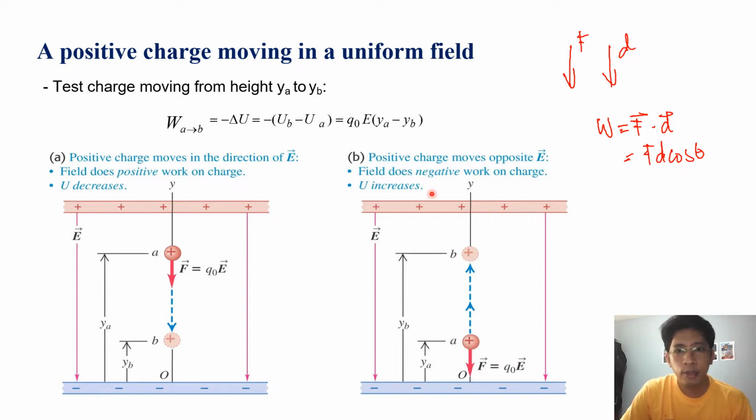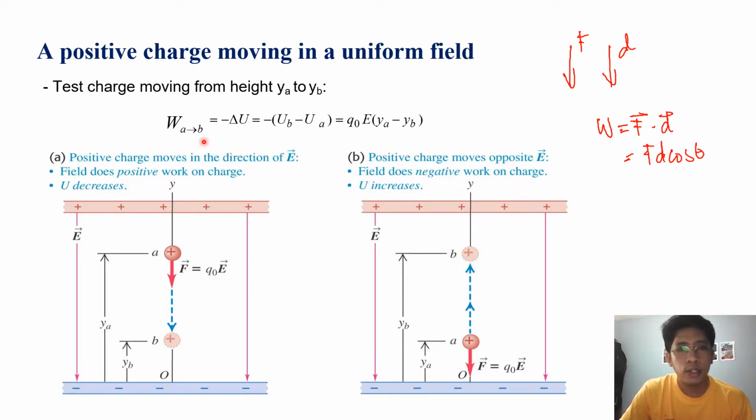If you have a positive charge that moves opposite E, for example, here your displacement is upward, but still the force experienced by your charge is downwards because it is attracted to your negative plate. So as you can see here, the force and your displacement are in opposite directions. So for this case, the electric field does a negative work on the charge, and your electric potential energy